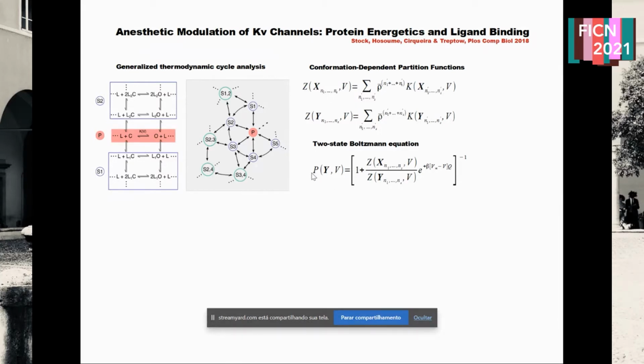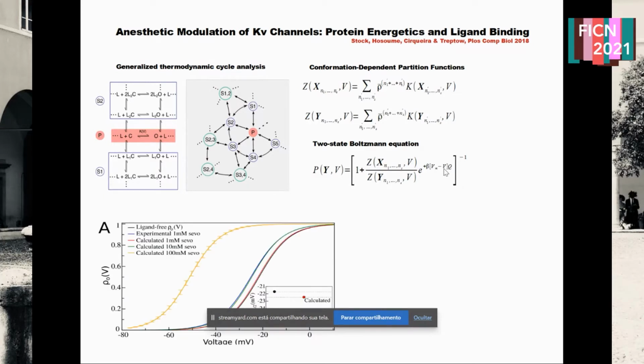So that open probability was quantified by taking into consideration the specific conjugate for the channel, which is the gating charge and the voltage. And here I show you the results. So these are open probabilities versus voltage. I show here the experimental results by Covarrubias and co-workers in black and in blue. And in red, in green, and orange are our structural calculations, showing that we may recapitulate the experimental shift in the range of 10 millimolar concentration, which appears to be in qualitative agreement with the experimental findings.